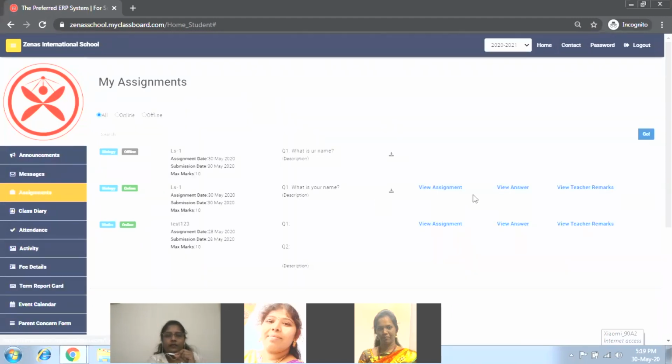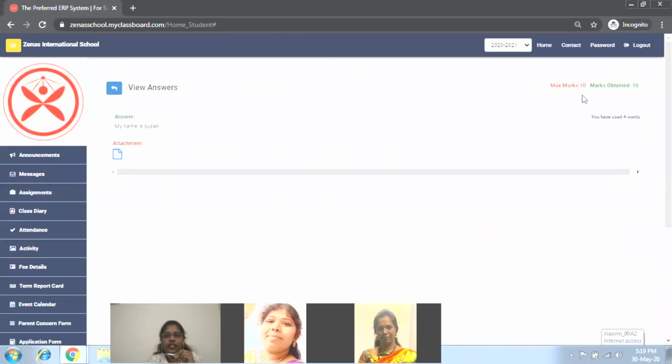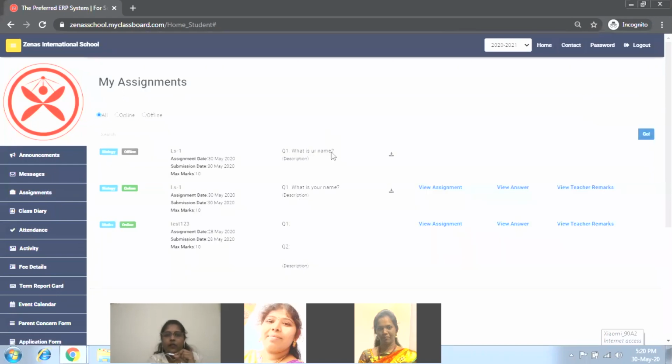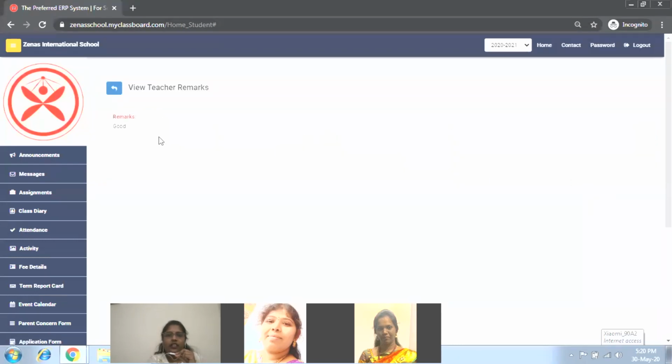Assignment, and here in view answer, she can see the marks obtained, 10 out of 10 marks, what the teacher has given. And by going back, she can also view the teacher's remarks. So the teacher remarks is good. The teacher has given good for the work she has done.